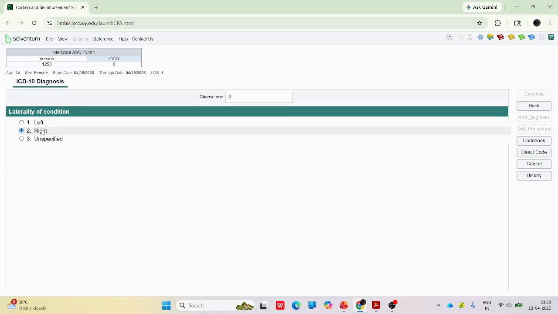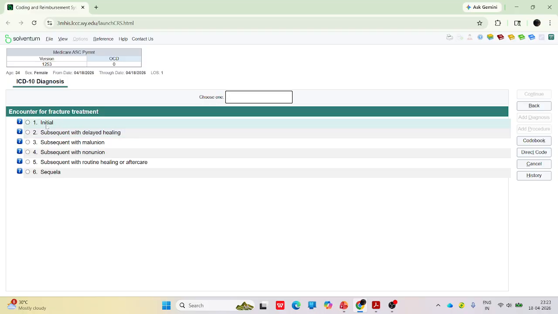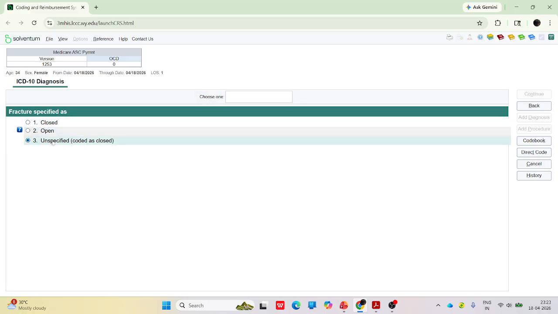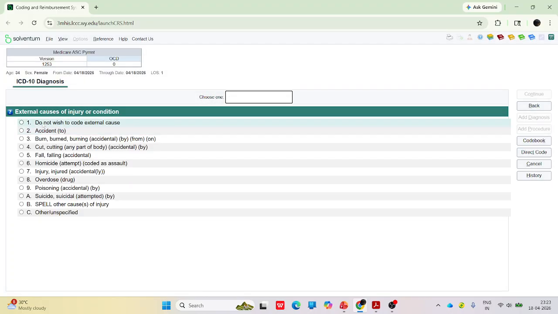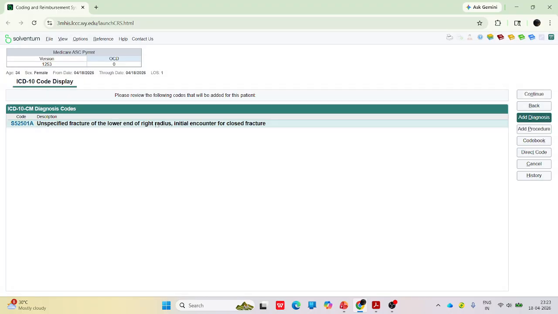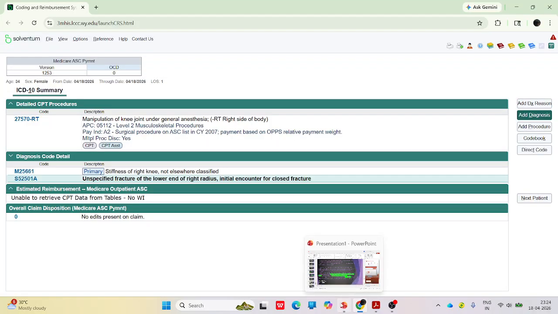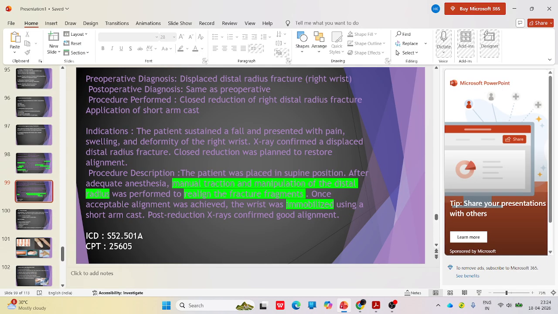Right wrist. So we'll give right. Encounter was initial, closed, no persistent, external cause, no. So here is S52501A. Okay. And for the procedure, that is a closed reduction of the right radius distal fracture. That is, manual traction manipulation was done. Alignment was immobilized. So we'll give the